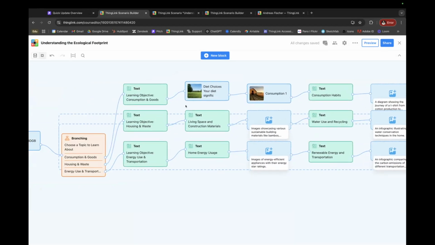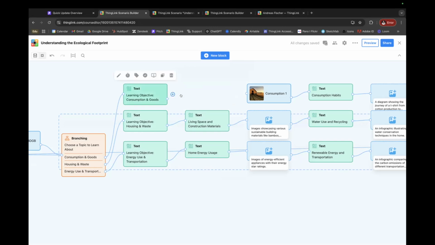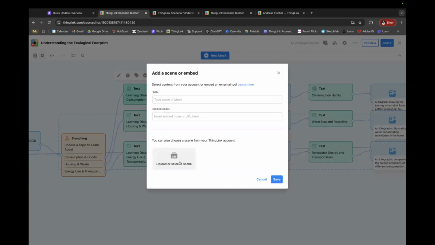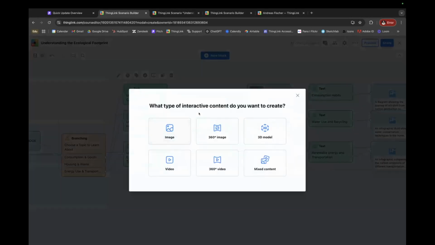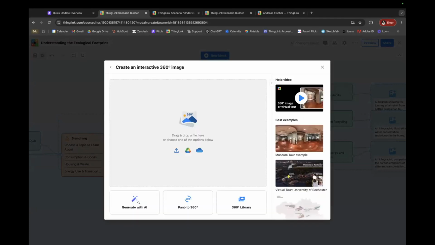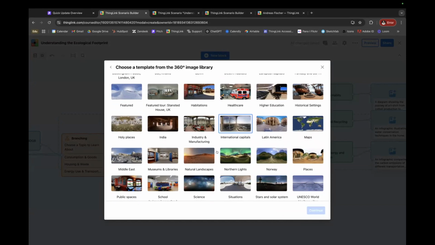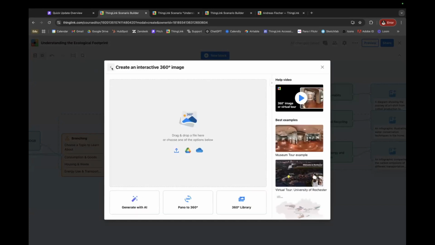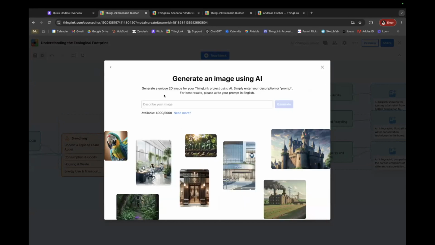Lastly, one thing you can also do. For example, if, as I said, you're not happy with that image, we might as well delete it and then add a new block by media. So instead of choosing one of the media I created before, I can now use some of the other AI tools to create images. For example, we could generate 360 images, or use some of our images that we have available in our library. But for this purpose, I'm just gonna choose a 2D image,